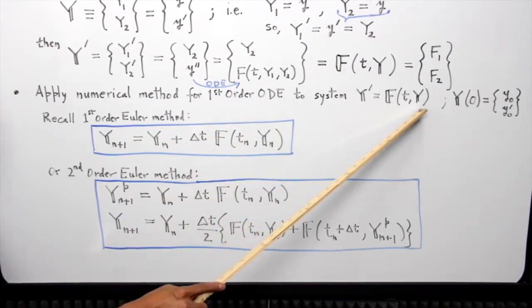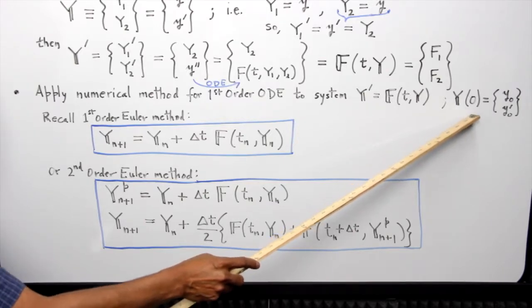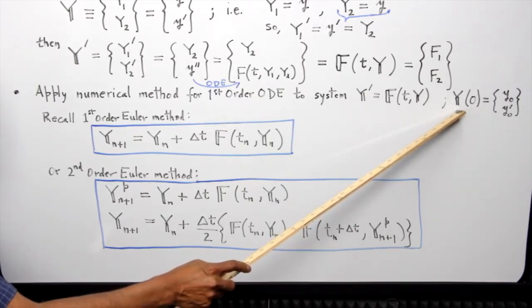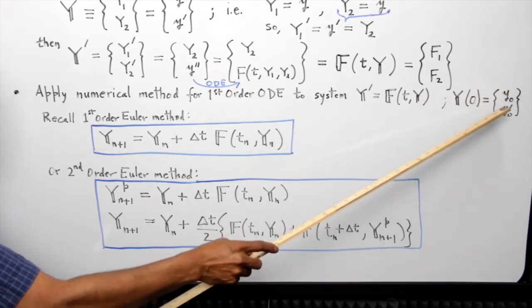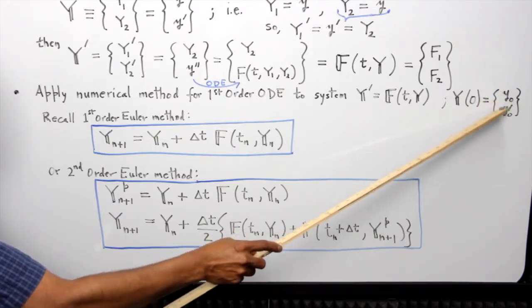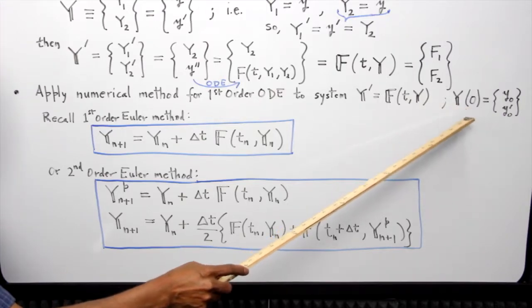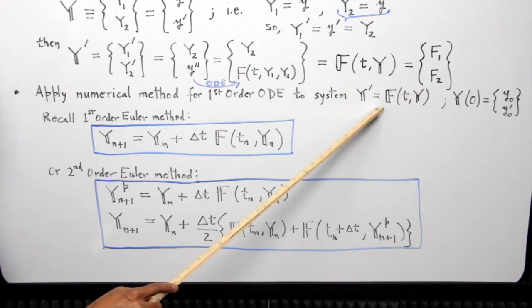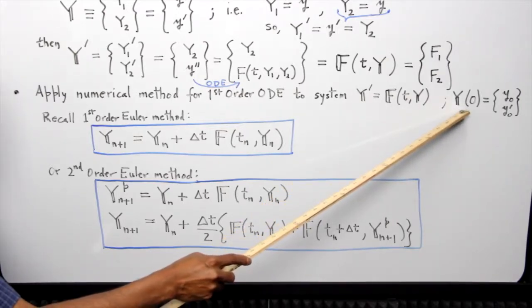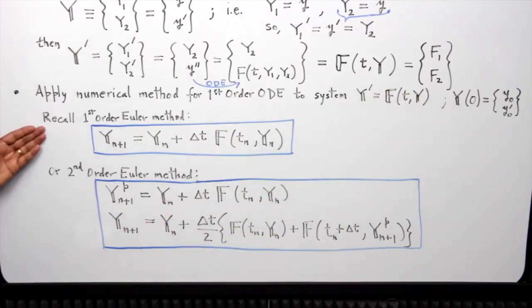And so we have already shown that the equations can be written in terms of a system. It is very straightforward to see that the initial conditions can also be written so that the initial condition for the vector capital Y is simply the elements of the initial conditions that were given before. Y0 and y0 prime are known numbers. They are the elements, capital Y1 and capital Y2, elements of the initial condition for the vector Y. So we have the differential equation in the form of a system, and we have the initial condition in the form of a system. And so we now apply the numerical method to each component